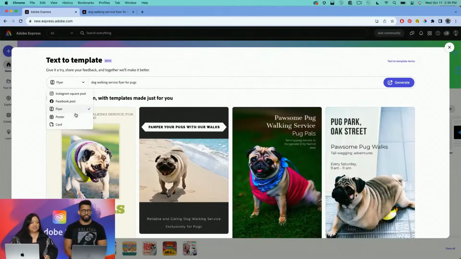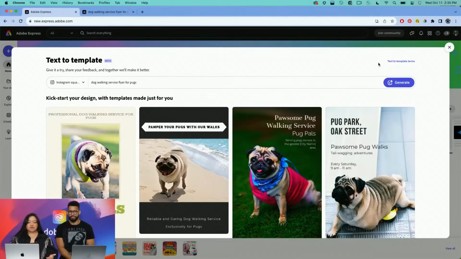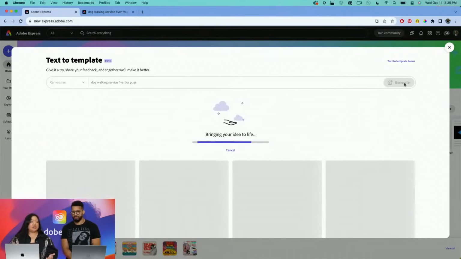Get out of town. There is a drop down menu. Yes, so this part I actually didn't have time to show in the keynote, but there are different presets right here. If I want to do Instagram square posts, it will give me square results. You can see that there are only seven-ish results on the drop-down menu. If you don't see a size that you want, just open it up in Express, resize it, and you'll be